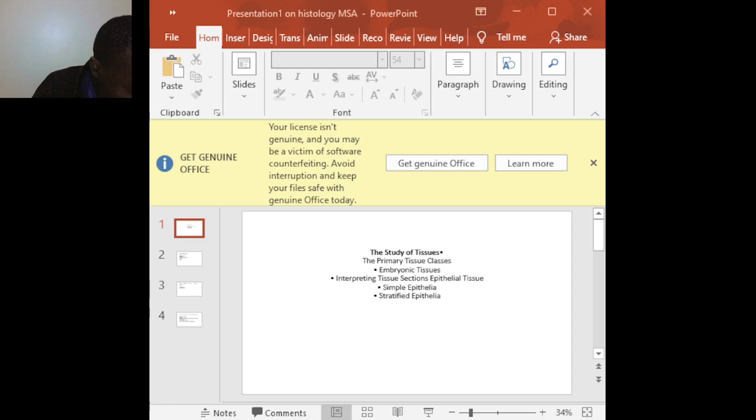I will share the image of the simple epithelium and stratified epithelium, so you can see how they look. That way it can be very easy for us. Okay, let us start with simple epithelium and give it a brush up. Mostly, in general, they have one layer. That one we've already said. However,